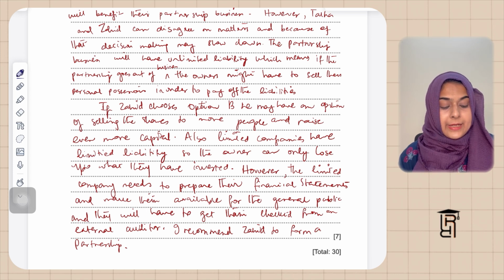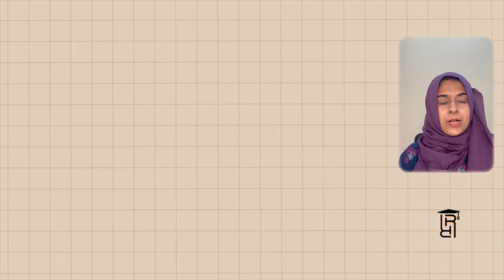That is the thing. And they have to get their financial statements checked by an external auditor जो कि third party होती है, जो कि आपकी financial statements check करके they sign that this company has basically applied all the accounting policies